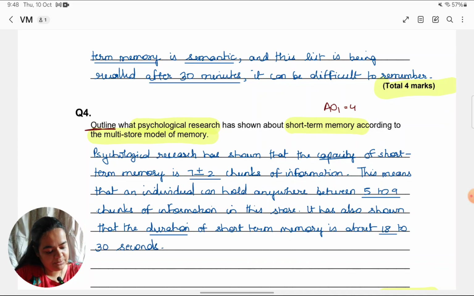To elaborate on this, you can give an example from Peterson and Peterson, that if people are asked to remember something and rehearsal is prevented, then that information tends to fade away in 18 seconds. Other ways in which you can elaborate is by talking about the articulatory rehearsal loop, in which